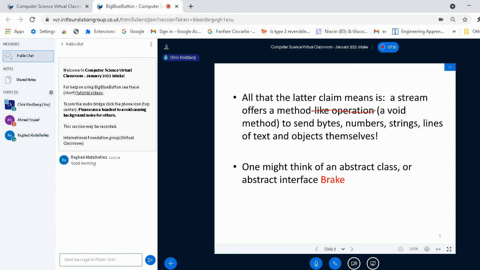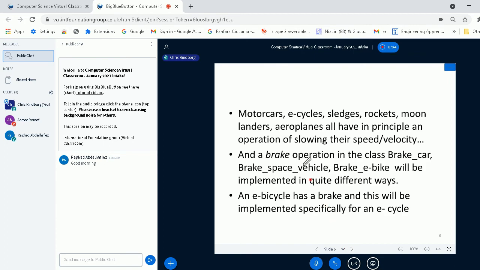Anyway, and here's a little bit more to think about. One might think of an abstract class or an abstract interface called Brake. Let me explain. Motor cars, e-cycles, sledges, rockets, moon landers, skateboards and aeroplanes all have, in principle, an operation of slowing down their speed or velocity.